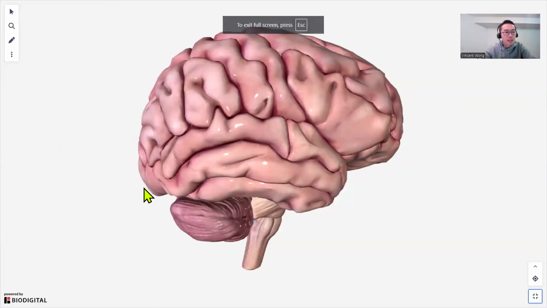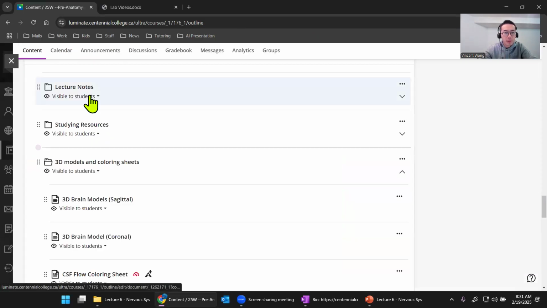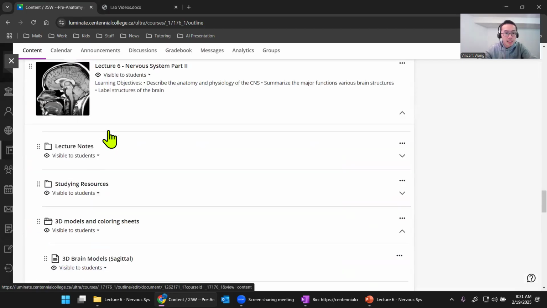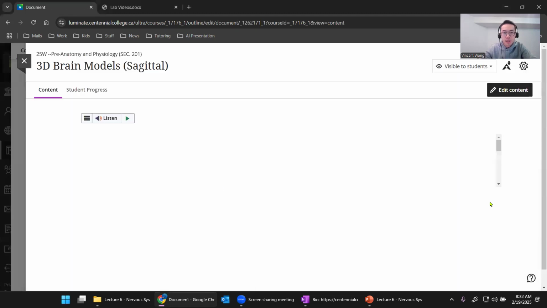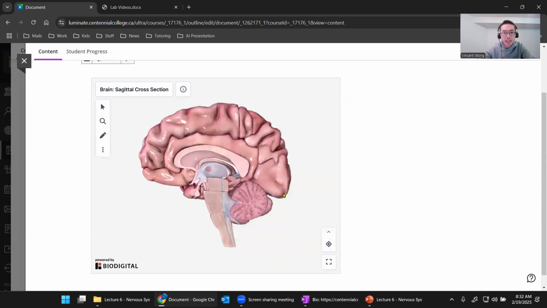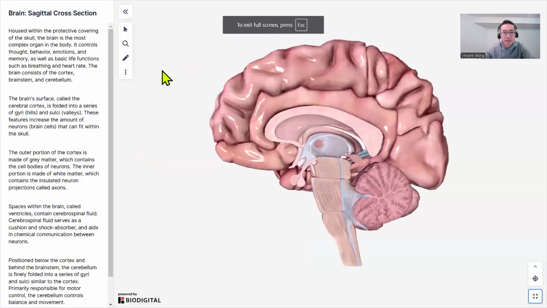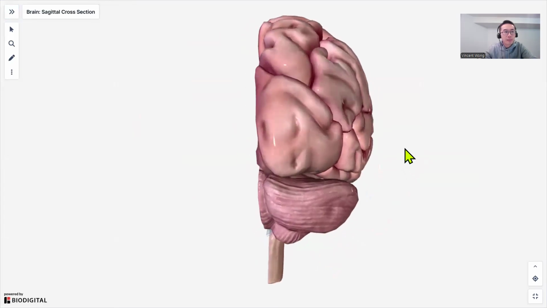Here is a 3D model, and you can access the 3D model from your Luminate page. Go to Lecture 6, Study Resources, 3D Models, and the one I'm looking at right now is the sagittal cut of the brain. Okay, so this is the medial side of the right half of the brain, and I'm actually going to rotate it to the other side here. So you're looking at it from the back in this view, and let's go through some of the structures that